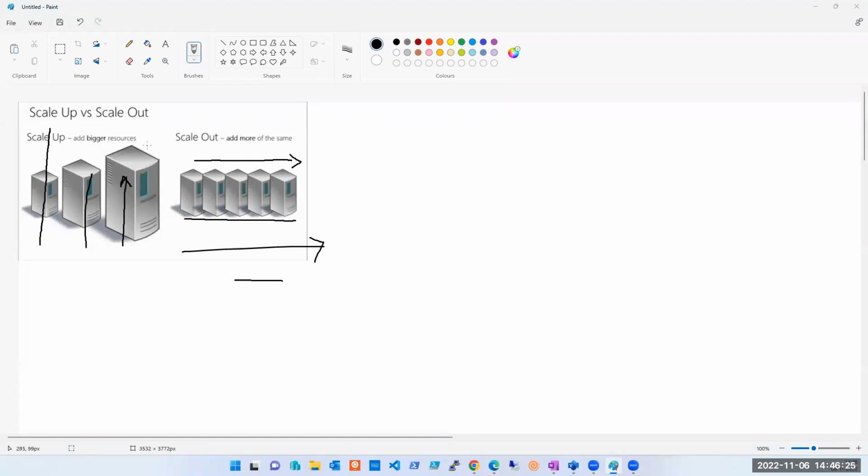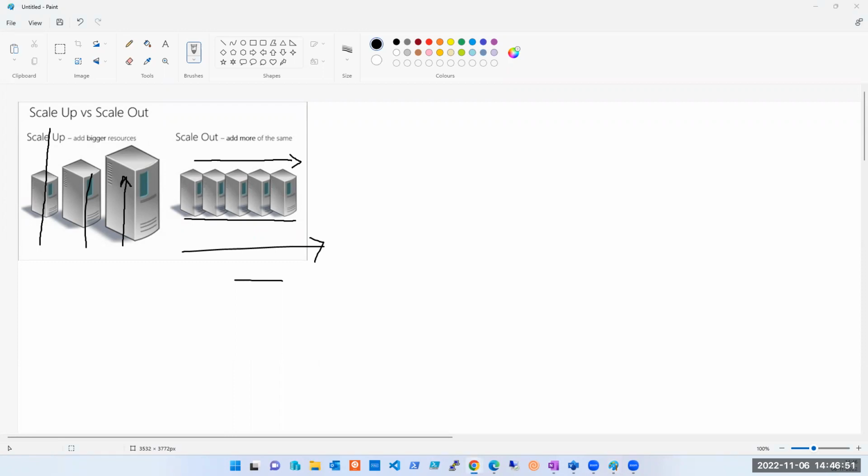The technical jargons which we will be using in the interview are scale up and scale out. Scale up is where your server grows, it becomes bigger and bigger. 4 GB RAM से 8 GB RAM हो जाता है, 8 से 12 हो जाता है. And scale out is where the number of servers grows, from 1 to 2 servers, 2 to 3, 3 to 4, 4 to 5. Is it clear to everyone?